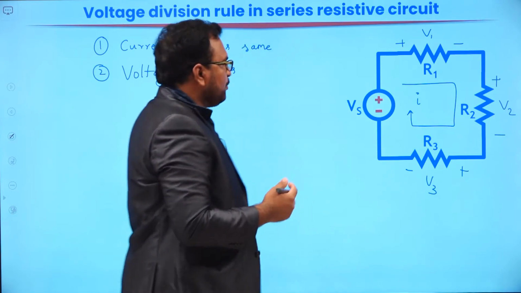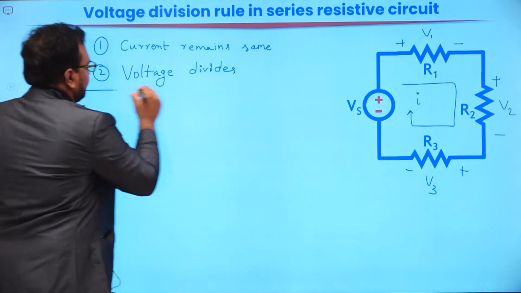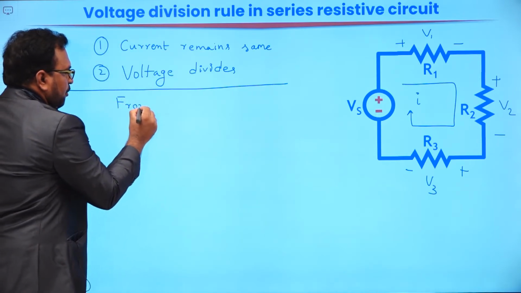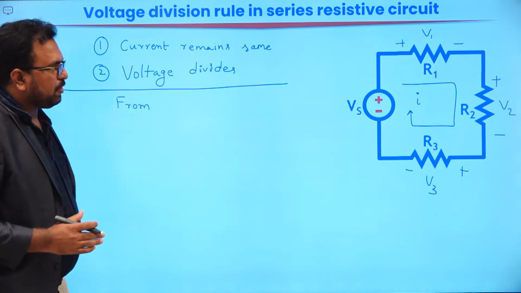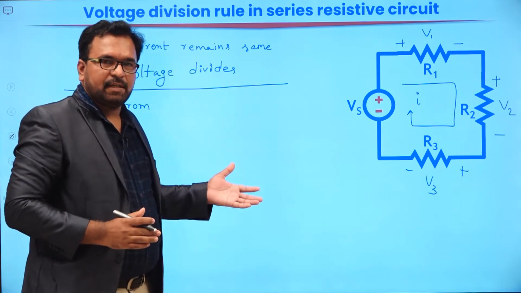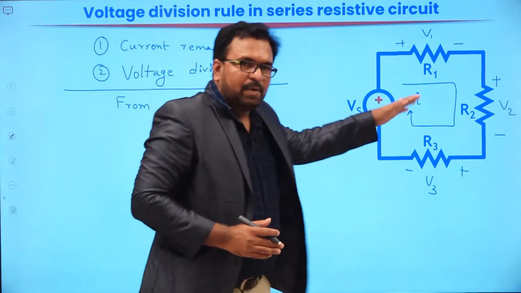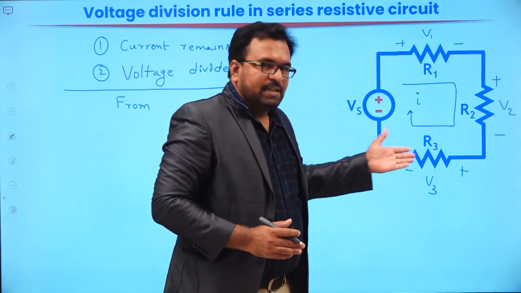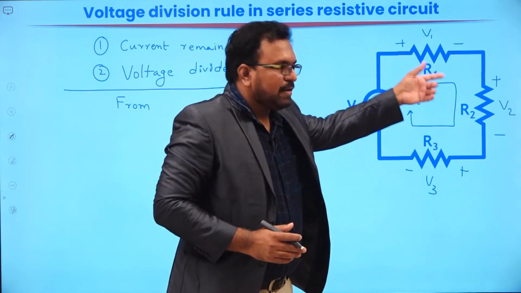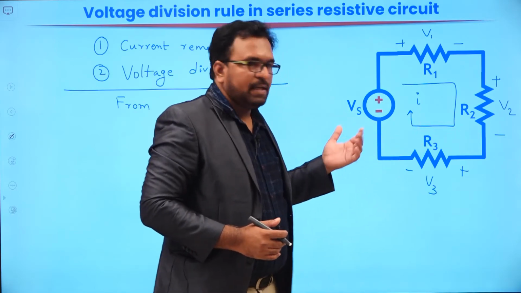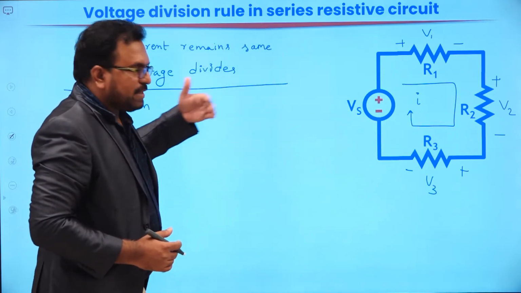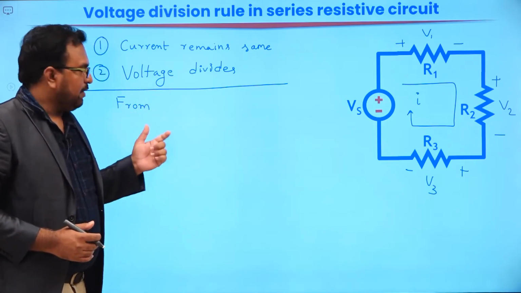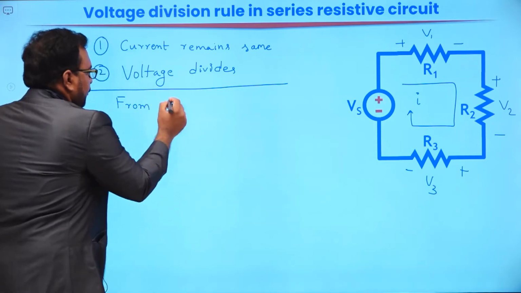Now, from Ohm's law, for the explanation purpose only, we are going to use Ohm's law and KCL. Next time onwards, you can directly apply the voltage division rule. Whenever you have a series circuit, and if you want to calculate the voltage across each resistor, you can directly apply the voltage division rule. To understand the voltage division rule, I am going to use Ohm's law and KCL, KVL. Okay. So from Ohm's law,